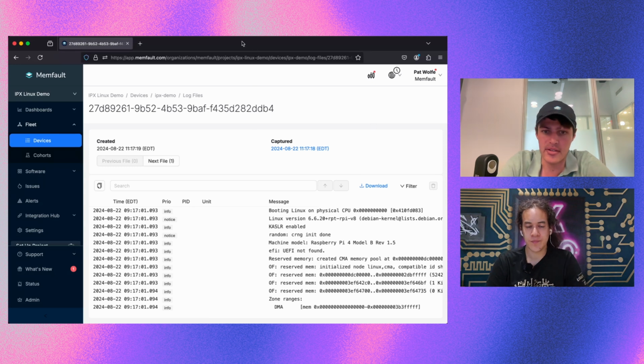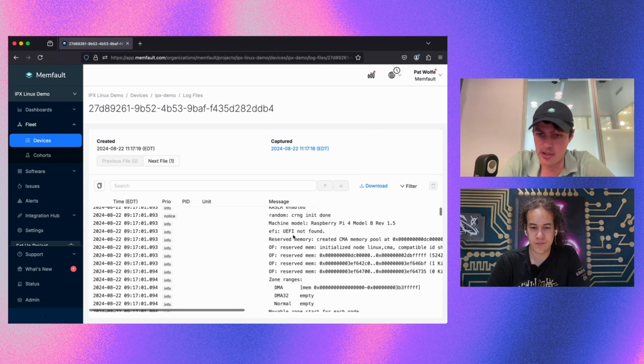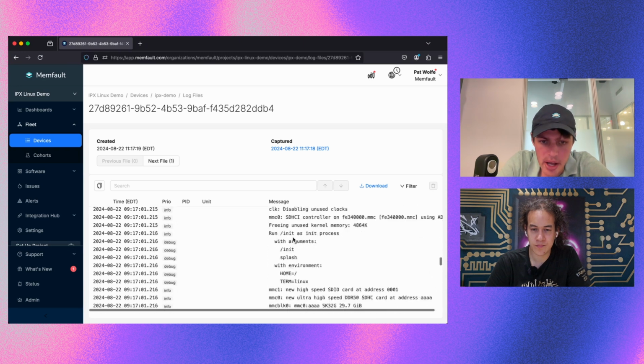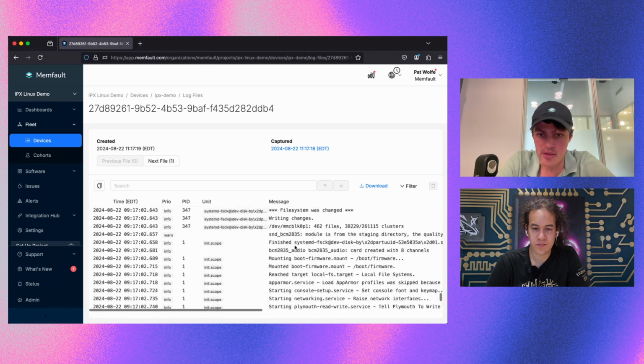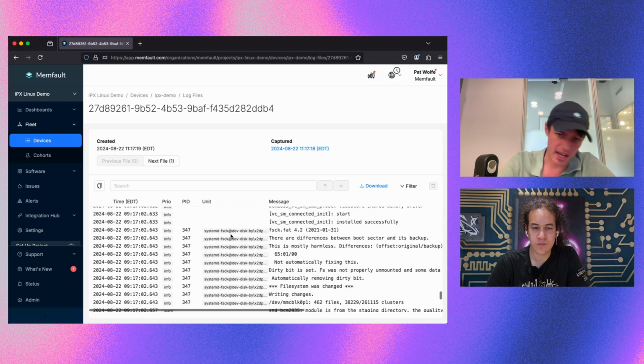So we have a few different log files here, and we can see logs from when the system was booting up, as well as logs from various services that are running on the system, right? So we have a file system check run by systemd. We've got cron, and then,